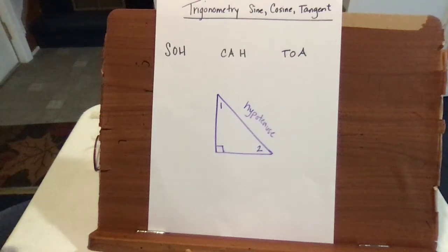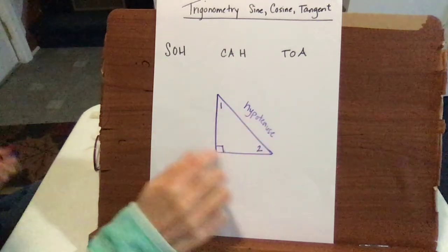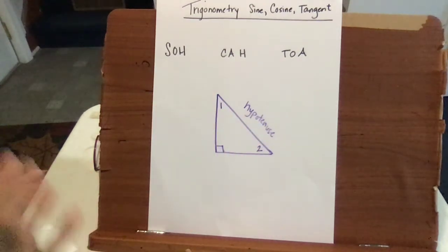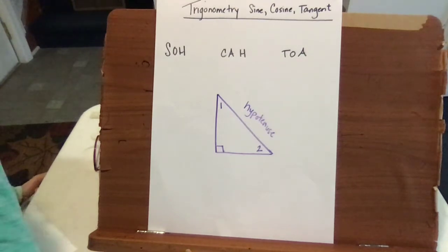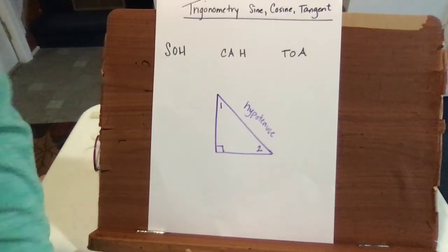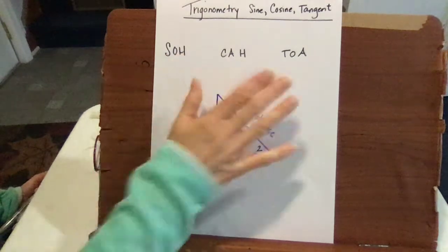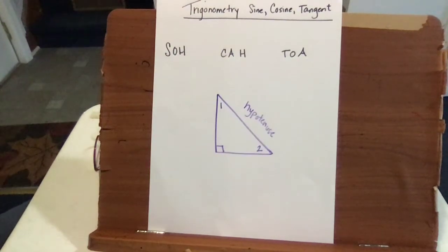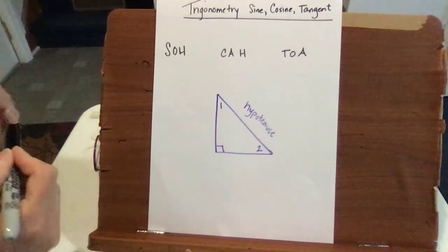All right, today we're going to look at trigonometric functions: sine, cosine, and tangent. There is a relationship between the angles of any right triangle and the sides. And the way we can find that, other than 45-45-90 and 30-60-90 degree right triangles, is to use trigonometry. The way we can remember the relationships of sine, cosine, and tangent and the angle to the